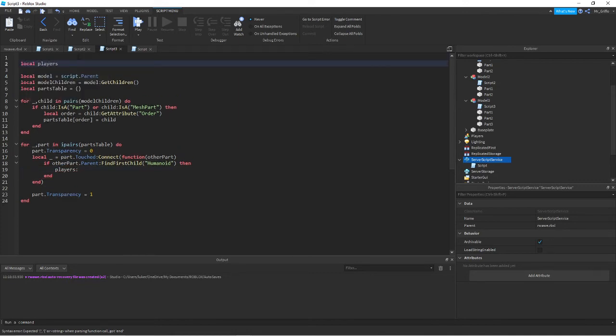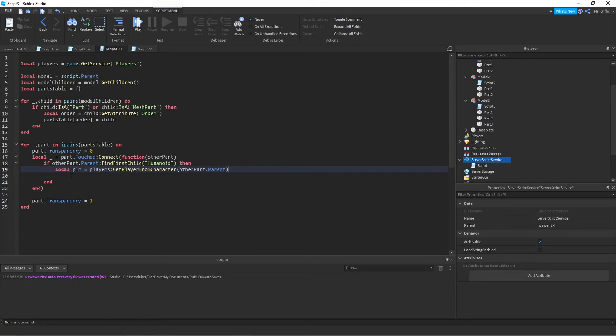We call players equals game get service players. And now we want to do get player from character, and then in the brackets we're going to put the character, which would be the other part dot parent, like that. And then we should be assigning this to something, so we're going to say local player equals players get player from character other part dot parent. You see how that's going together now? And then we're going to say if the player exists, because you might have NPCs or something that are triggering this, and you don't want them to actually be doing it. So we're going to say if player, then,